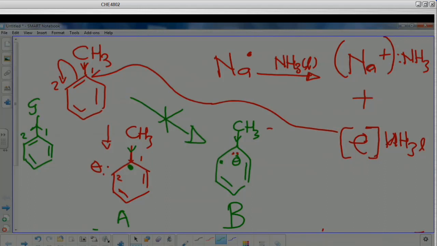On the least substituted side. There's no least substituted. We're talking about an aromatic ring. You tell me, carbon 1 or carbon 2. I won't put a carbanion center on 2. Can an electron withdrawing group stabilize the carbanion?